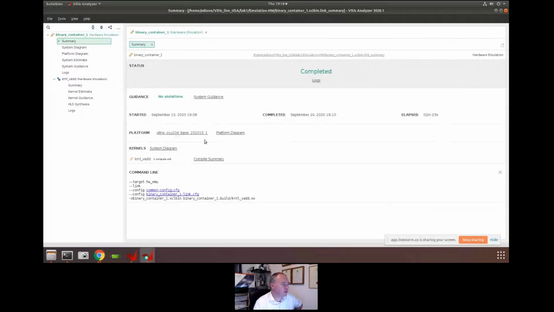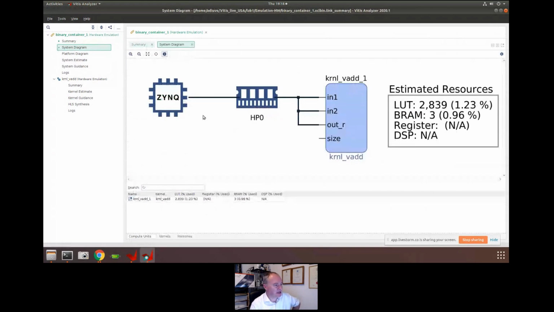We can see what platform we're working on. We can see the kernel, and we can see all the command line information. What's really quite exciting though is we can click on here, the system design, and we can see how it actually decided, when it did the hardware emulation, to interconnect it together. And you can see here we've got the Zynq processing system. We've got the high performance 0 interconnect going there, and that's connected to the in 1, in 2, and out. And you can see obviously the estimated resources here. So you can see of this ZCU104 board, we're using really nearly 0 of the resources,